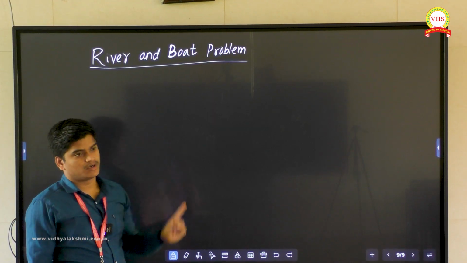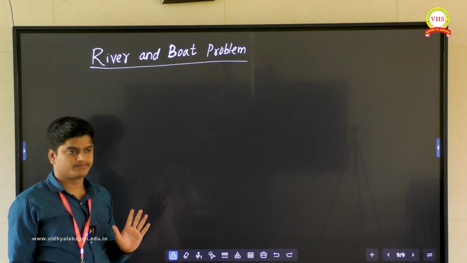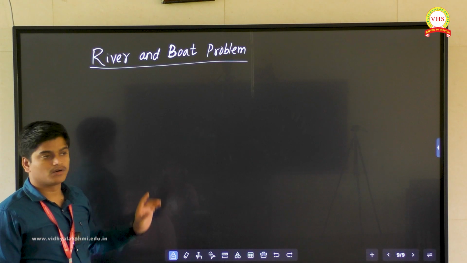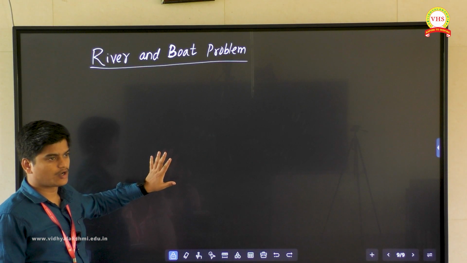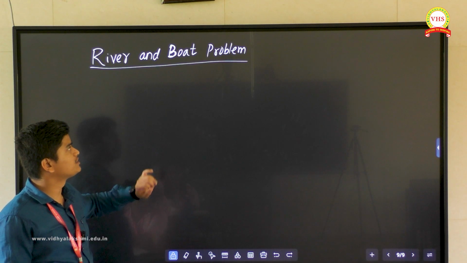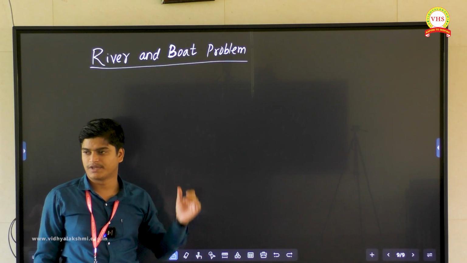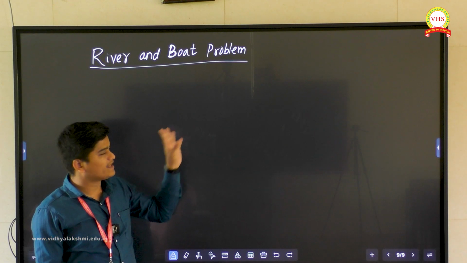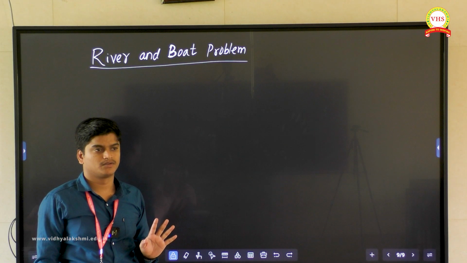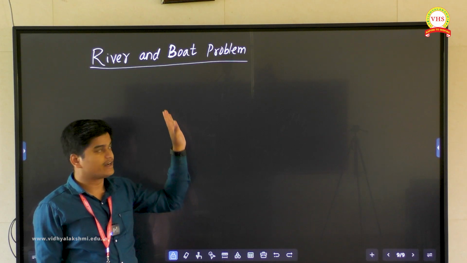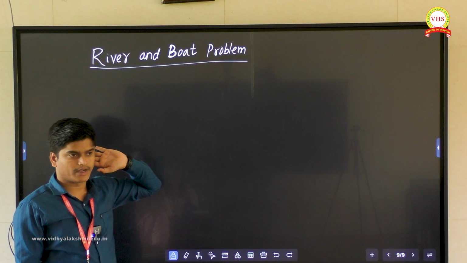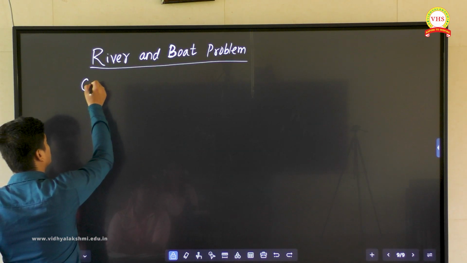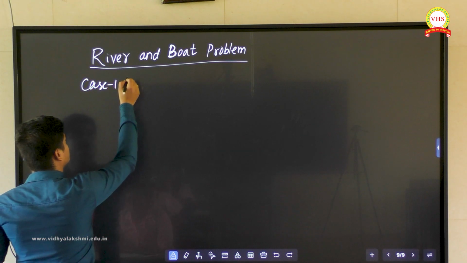Now the next problem we will understand is the river and boat problem. Okay, what problem? River and boat problem. Here two cases will be there. If you understand these cases, all the other questions we can do. But first, to understand what this river boat problem is: here we will have one river and one boat. Now we'll try to understand the first case, which is